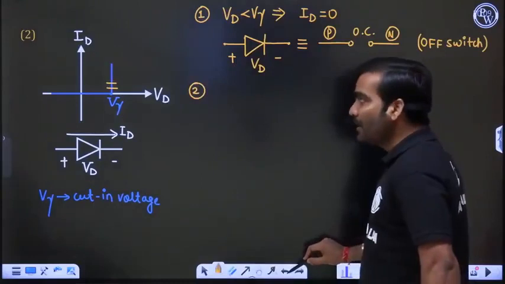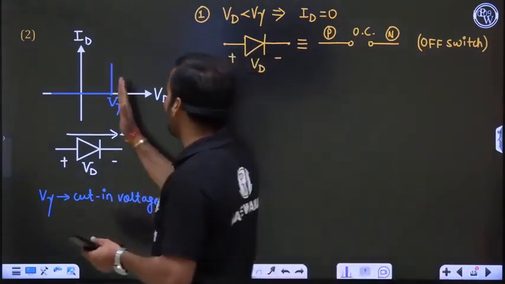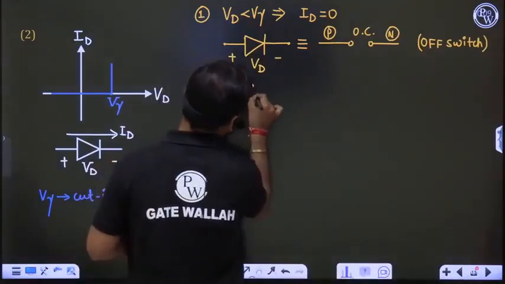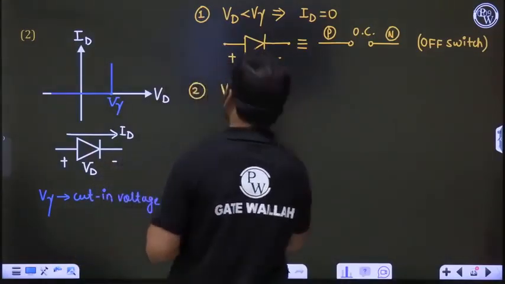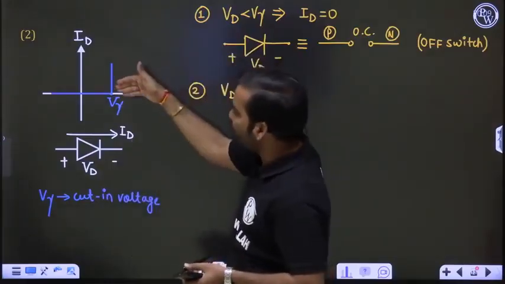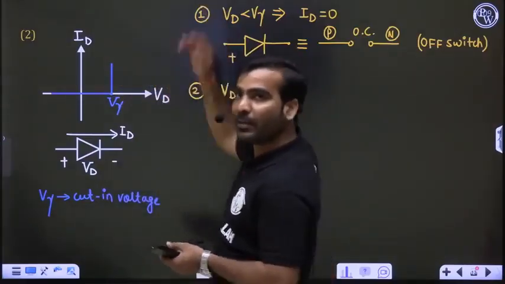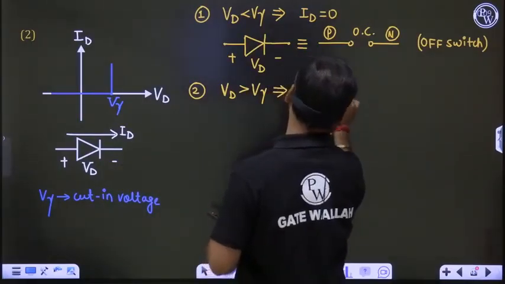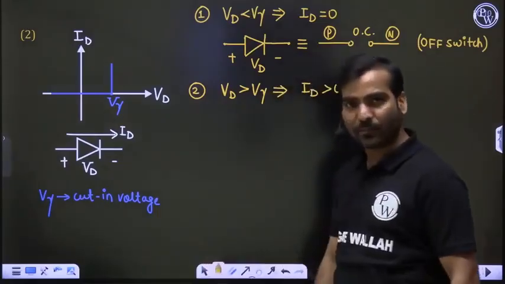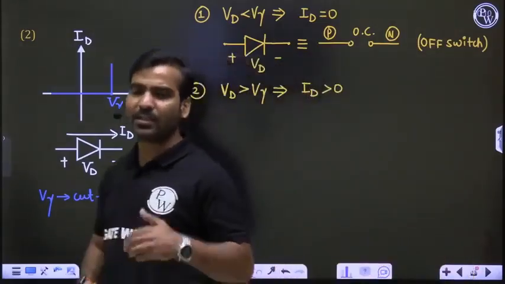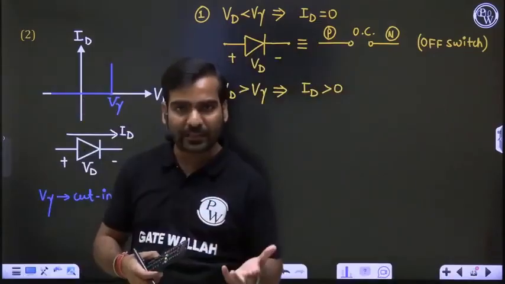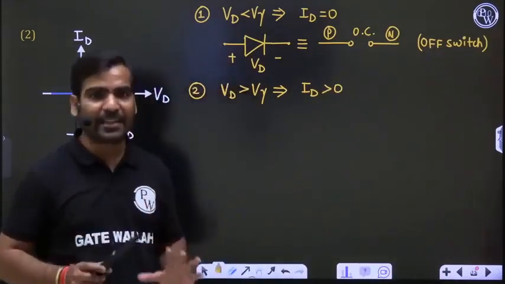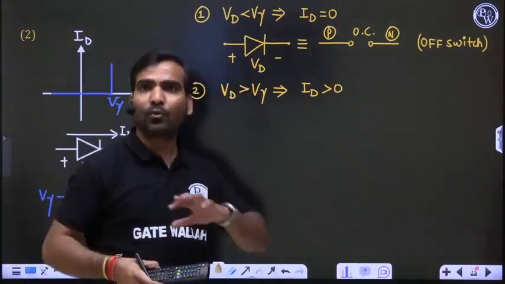Ideal diode case. So now in this case, when diode voltage Vd is greater than V gamma, what is the current? Current can take any value from 0 to infinity. Current is positive, or current is not 0, or we can say current is greater than 0. Don't memorize by heart. Current greater than 0 means current is flowing in P to N direction and can have any value greater than 0. Just take it easy, write by your own, do not memorize.